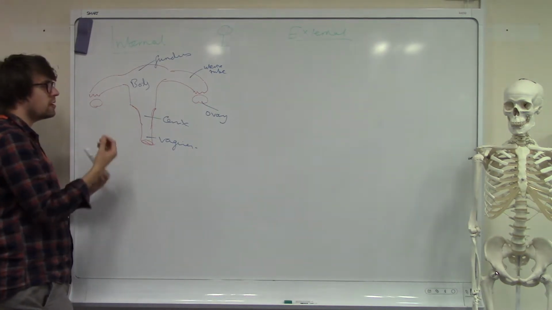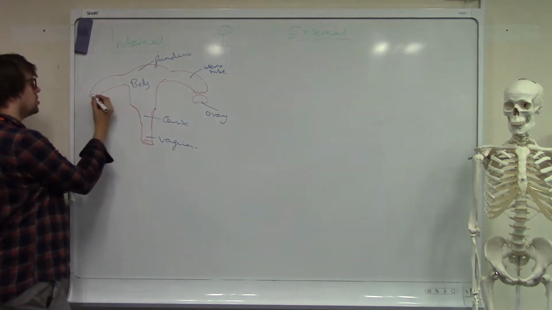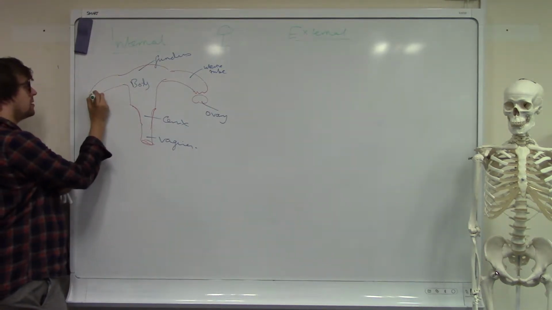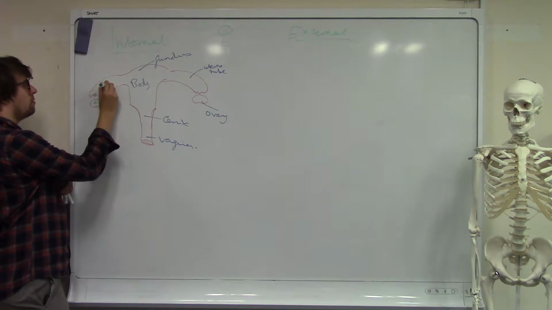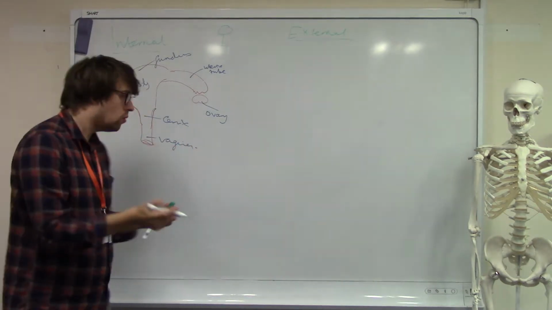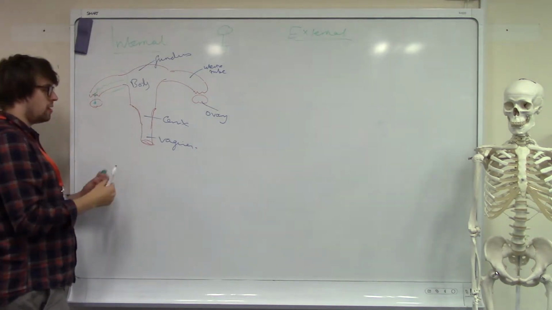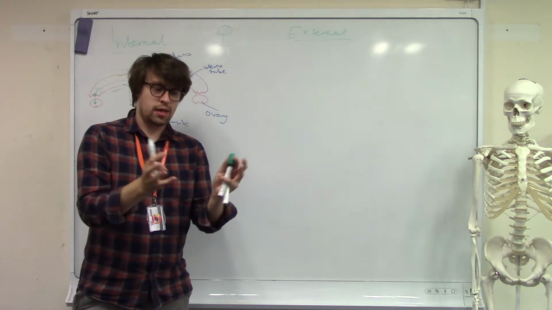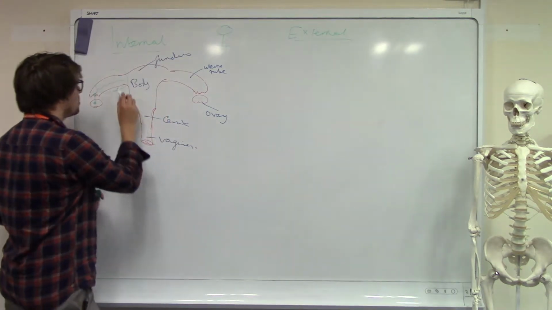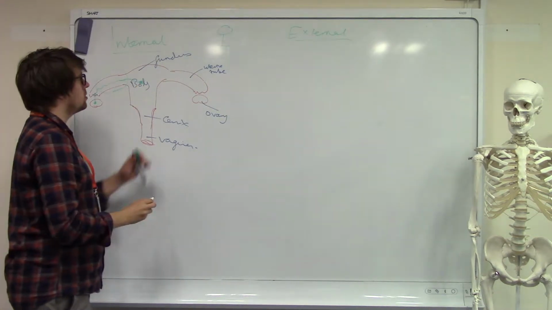Okay, so the ovary, the egg, the ovum, which is the female gonad, will enter the uterine tube and will migrate down. Fertilization, where sperm meets egg, ordinarily occurs within the uterine tube itself, and then when sperm meets egg, it forms a zygote. That zygote passes down into the uterus, where it's implanted into the wall, usually the fundus or the